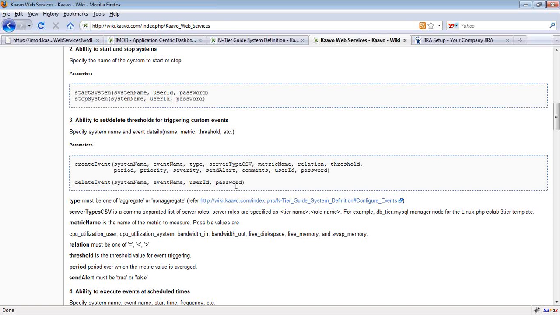So you have parameters for specifying that threshold and the relationship with the threshold. There is this relation parameter, there is the threshold parameter, and there are also parameters like priority and severity, and a parameter by which you mention whether you want an email alert every time the trigger happens.